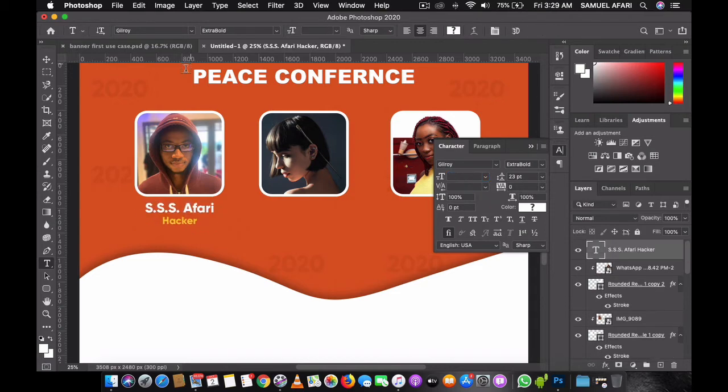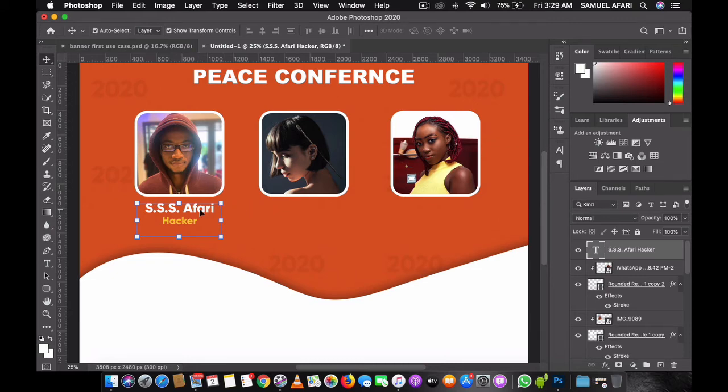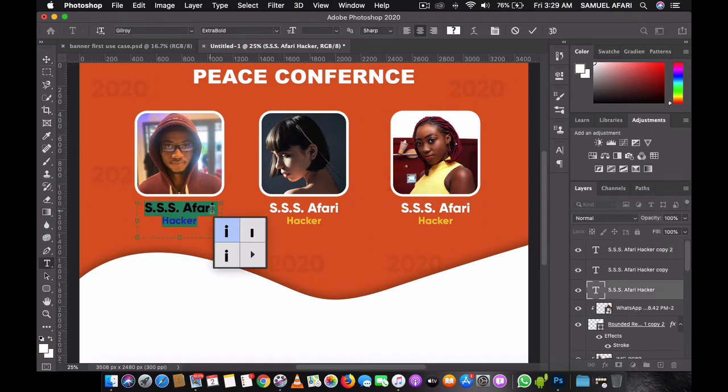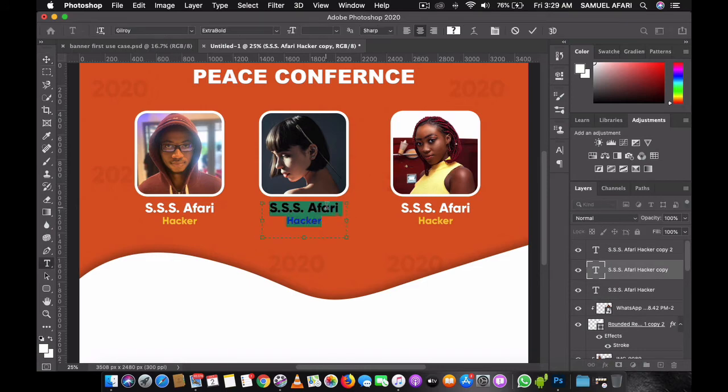Now because I'm done with one, remember I don't need to go and write the names again for each of them by creating text boxes. All I do is duplicate. So I hold the shift and then the alt and then drag this one here to the center. Then I drop, then I do the third thing for this one. Then I go in and just click the details. So for this, I come here, double click,